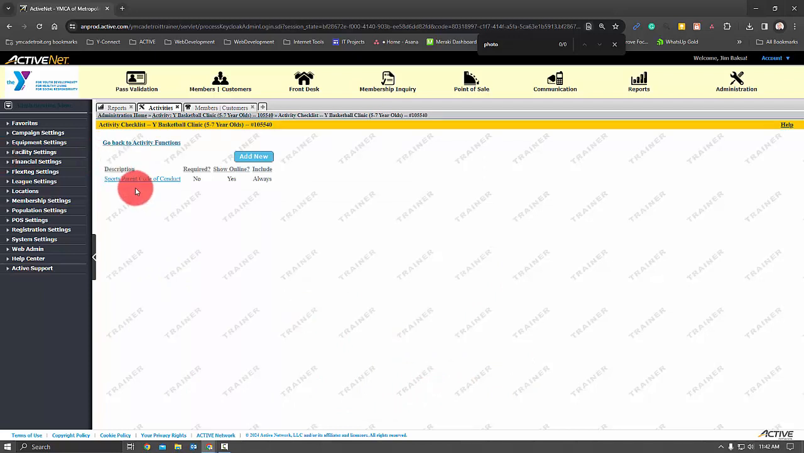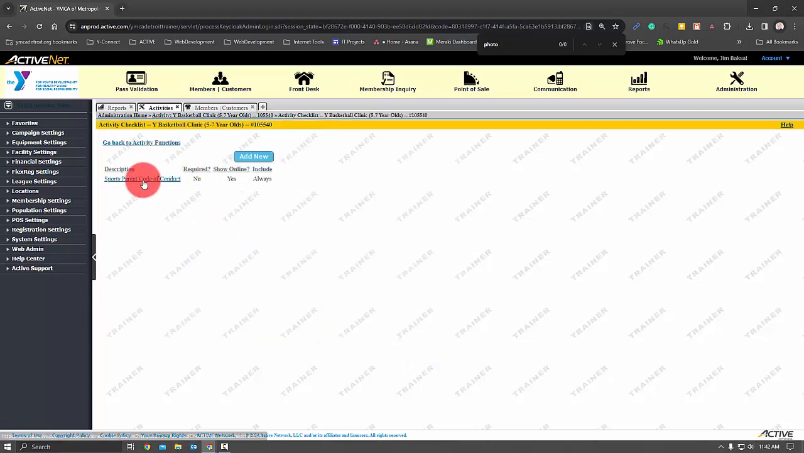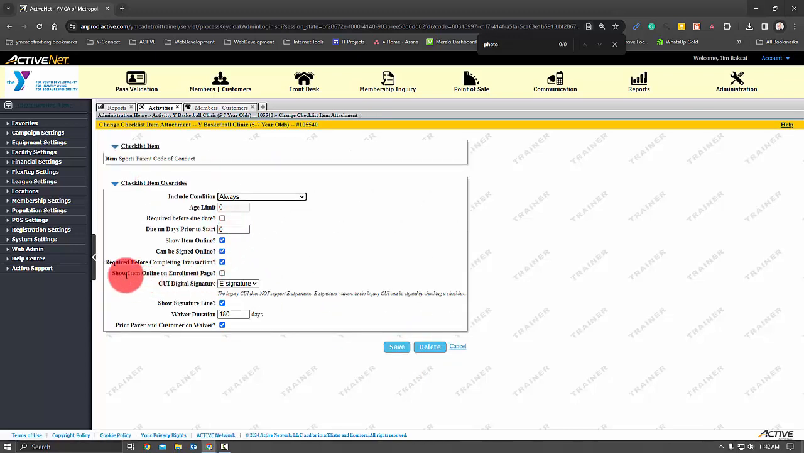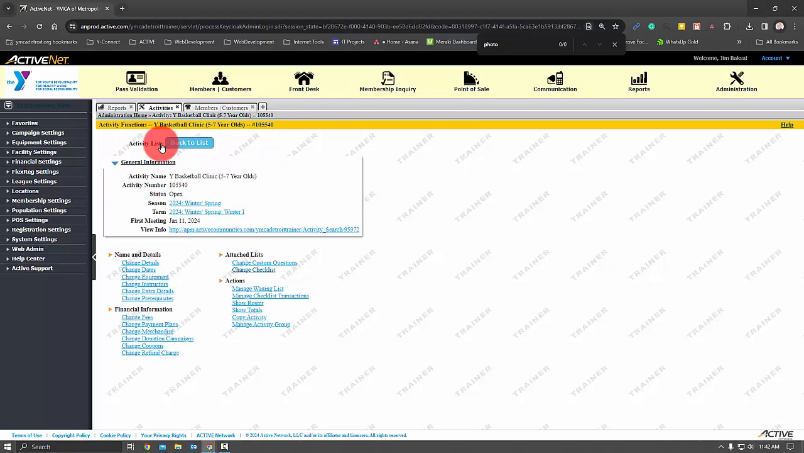So now you're going to see that we have a parent code of conduct. It's going to show online. The required before due date, that's why it didn't say required. So it's required no, but realistically, because we have the required before completing transaction turned on, then it actually is required to do the enrollment. So I'm going to go back to activity functions, and then let's go see what this looks like when we